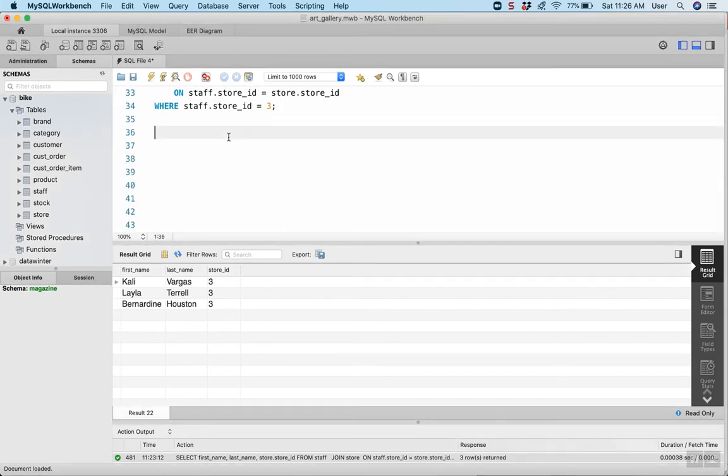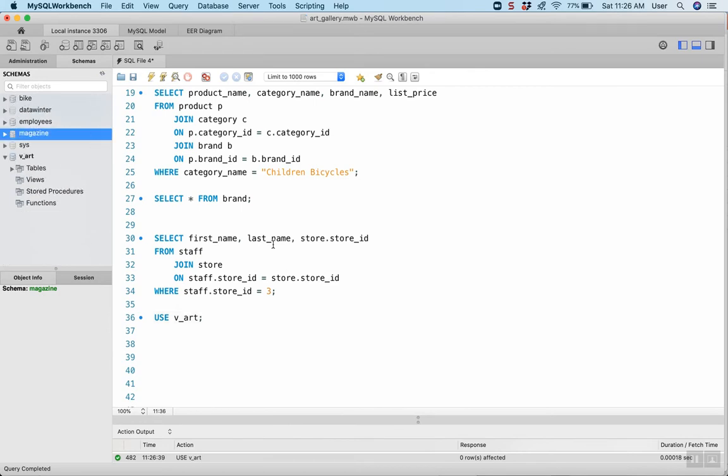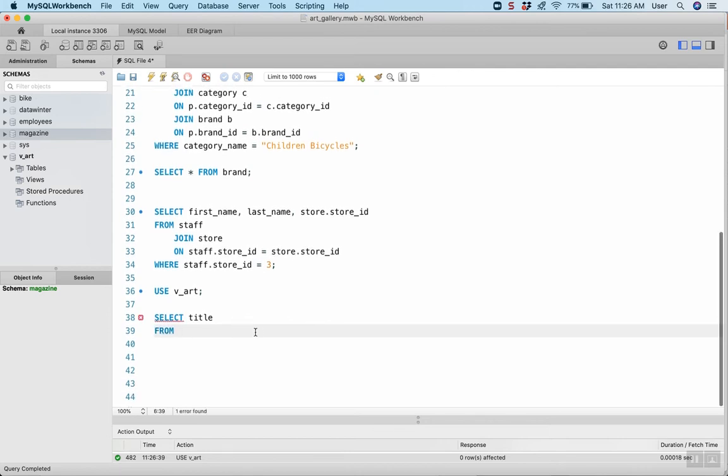So I'm going to type use vart, so we're on the vart database, and we're going to be selecting, we want to get all the art, so we're going to be wanting to see the title from the artwork table,